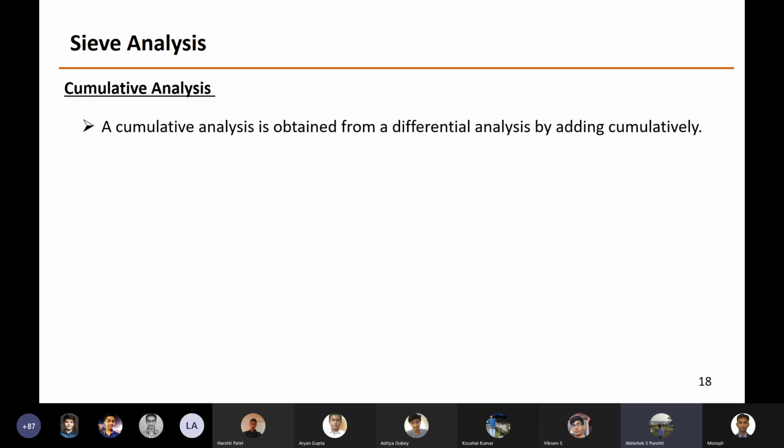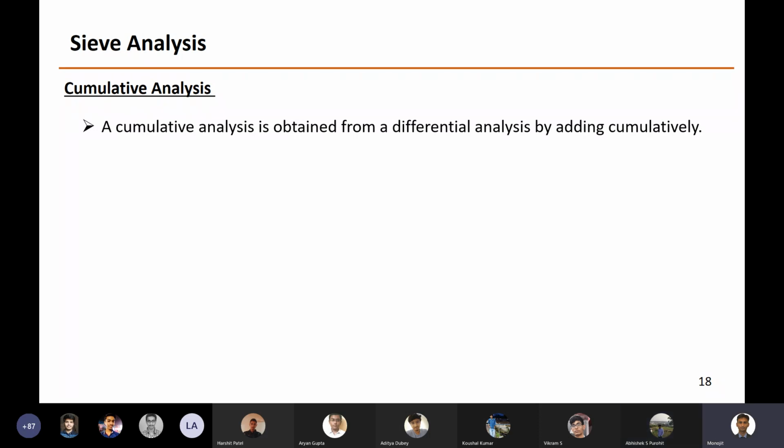Sir, in the previous example in which we wanted the mass of the particle, we summed up the mass fractions from the bottom. So in the same way, for analysis, we could start from the bottom. Yeah, what you said is right, but that may not be the logic always. It depends on what you want. Sometimes if you add it from the top, that also helps. I'll solve one problem later on. I'll show you that if I draw it from the top, it will help that problem. But sir, maybe the case is that we are more concerned about undersize only. No, not always the case. It depends on your system.